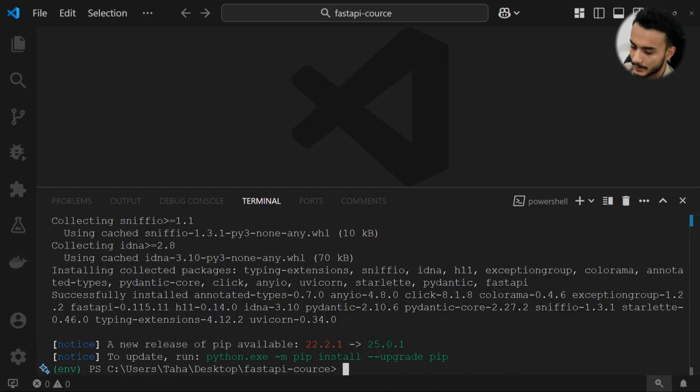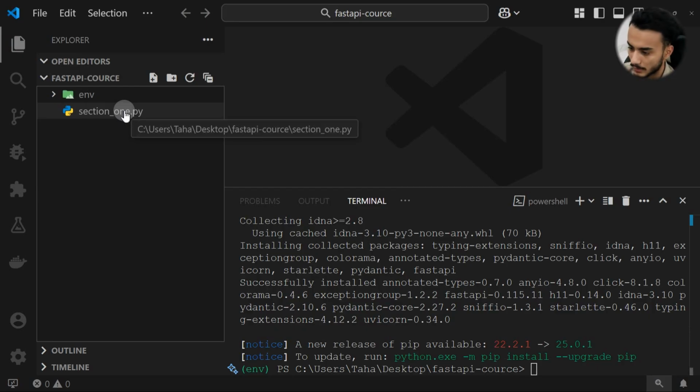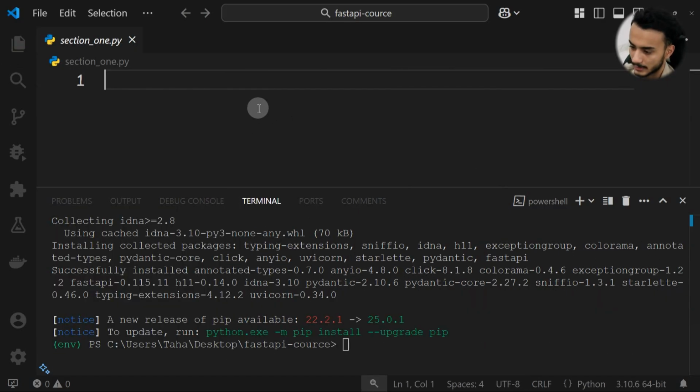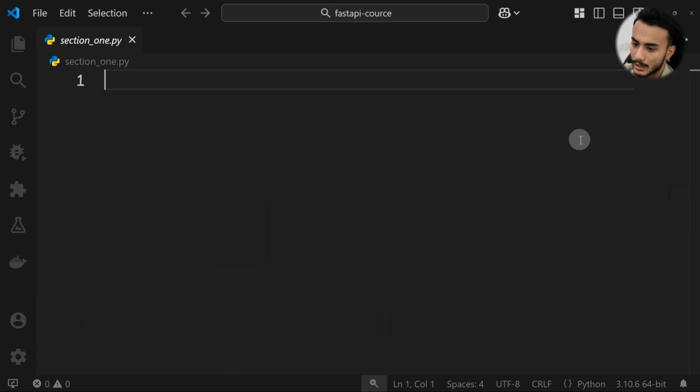That's all for setup. Now let's make a new file called section1. For this series of learning FastAPI using Python, in each section I'm going to create a new Python file, and as you know, this is our first section. So I created a Python file called section1, and inside this file there's nothing yet, and we're going to learn about it. Okay, so unfortunately there's just 5 minutes left, and I'm trying to complete the section in just 10 minutes. So let's